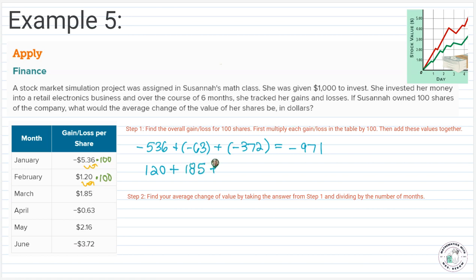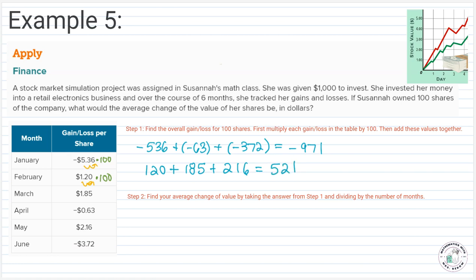Plus, we have that $2.16. Again, that was per 1 share. So multiplying by 100 to figure out the amount for 100 shares is going to move our decimal point to the right 2 spots, and that'll be 216. So adding all of those gains together, the 216 plus the 185 plus the 120, we're going to get